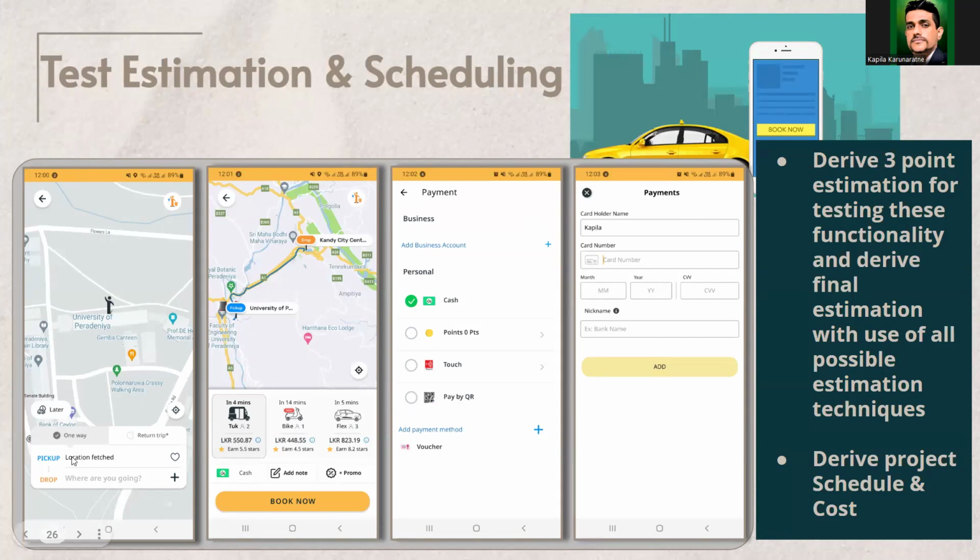The first window is where you need to select the pickup and the drop-off point and search the vehicle. For the pickup, you can either fetch the location from the map or give the coordinates. For the drop, you can also pick the location from the map or give the coordinates. Similarly, you can type the address, select the pickup and drop-off points and search. So if you are going to write test cases for this specific functionality,